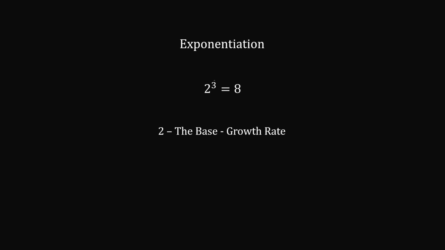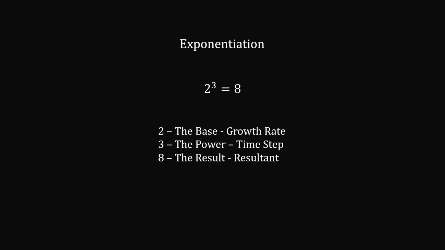In equation, we can denote it as 2 to the nth power equals 8, which as n equals 3 becomes 2 cubed equals 8. This is the process known to us as exponentiation. In this example, we can take 2 as the growth rate, the power as the time step of the function, and the resultant as, well, the result.